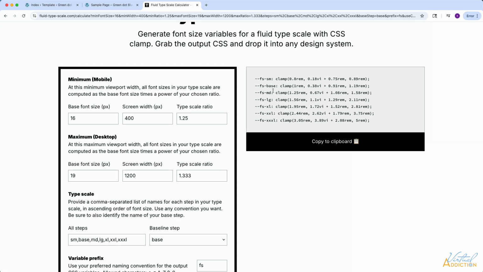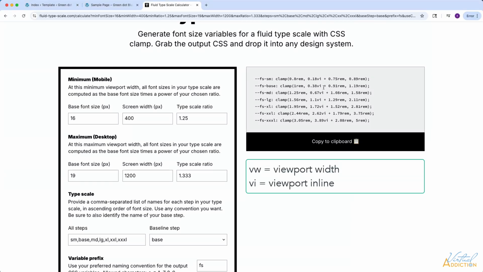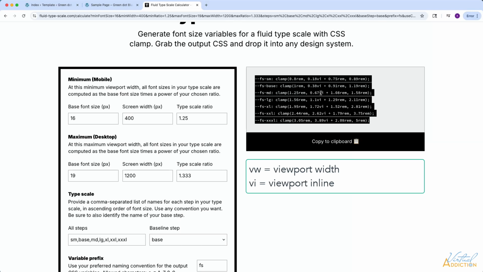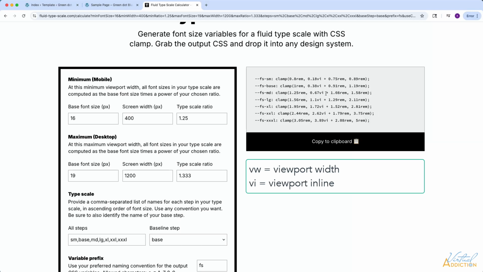Our baseline step is the base font size. This is going to set the font at the small size to our 16 pixels, and then based on the size of our viewport, it's going to increase at the desktop size. It is worth mentioning that I used a value of VW, which stands for viewport width. This particular tool is going to give you a VI value. VI stands for